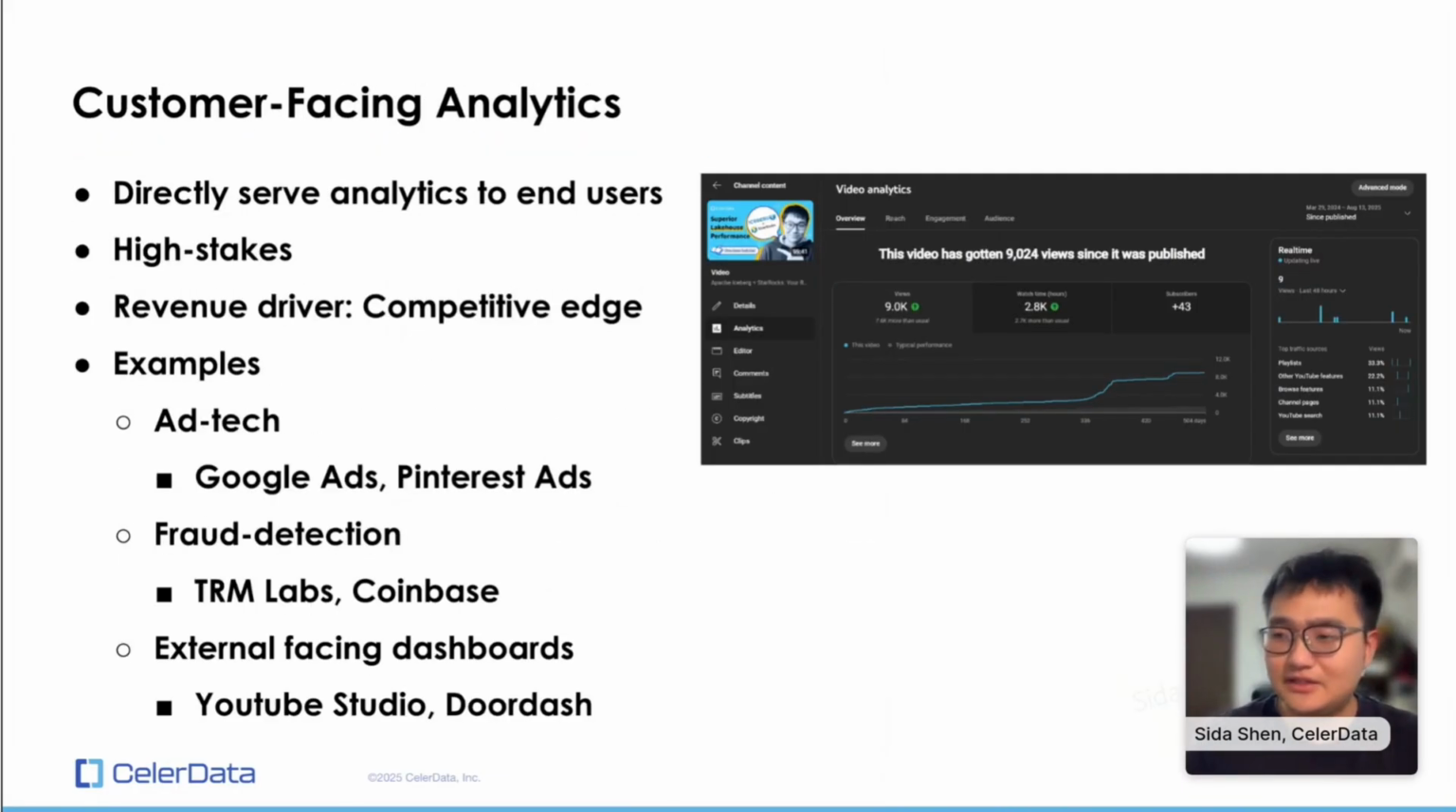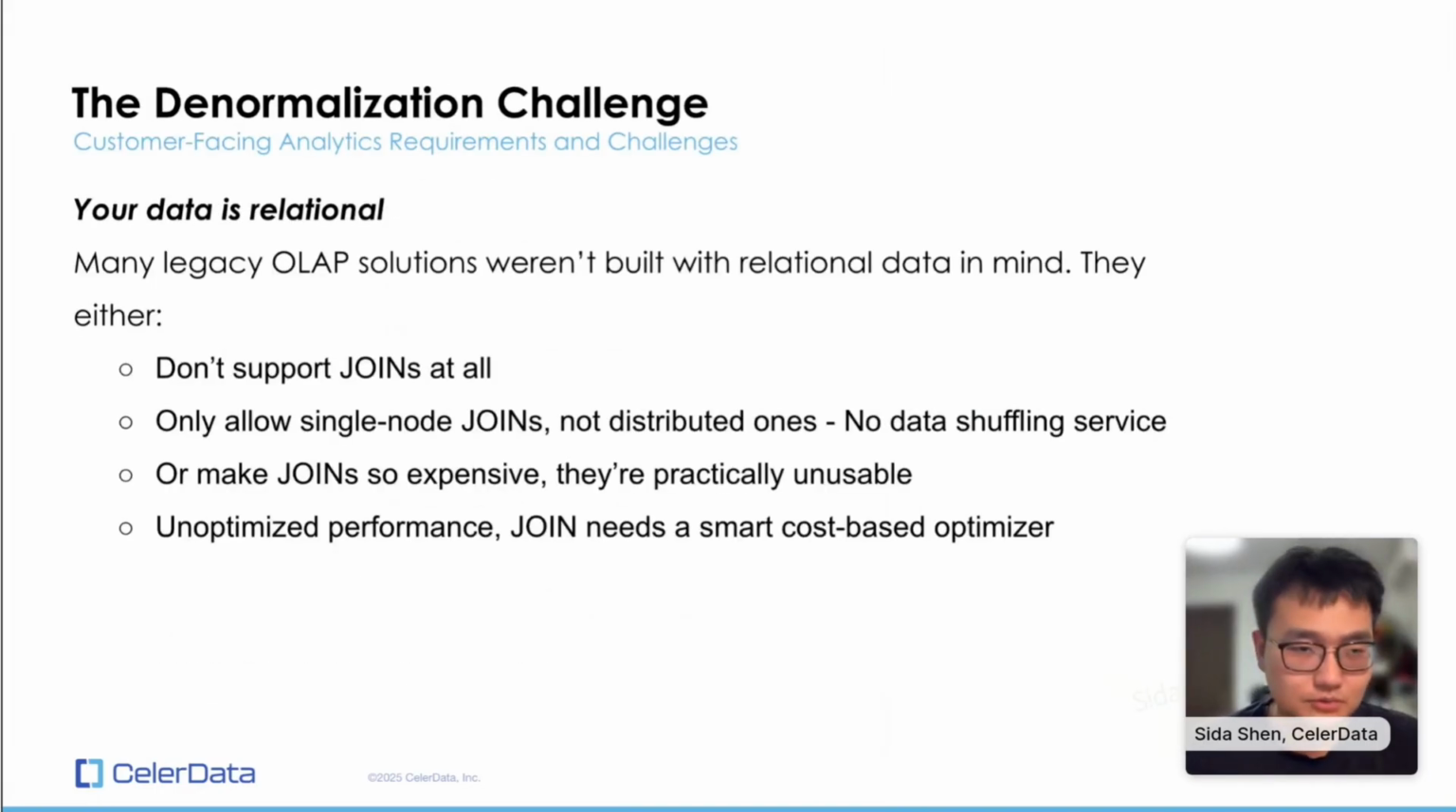And customer-facing analytics is quite challenging, right? Over the years, we've worked with a lot of users, and here are some of the challenges we see. First is the denormalization challenge, right? Your data is naturally relational, but a lot of OLAP solutions, especially a lot of the real-time data warehouses, are not built with relational data in mind. So either they don't really support join queries at all, or they only allow single node queries, not distributed joins. No data shuffling means you can only join small tables to small tables, like dimension join dimension. Nobody really does that, but dimension join fact,